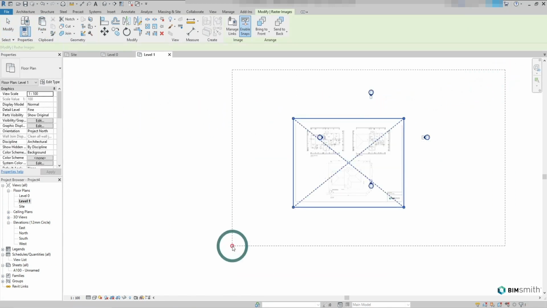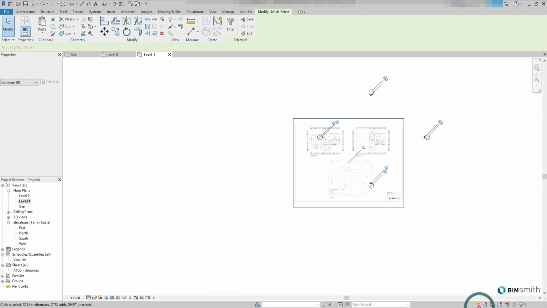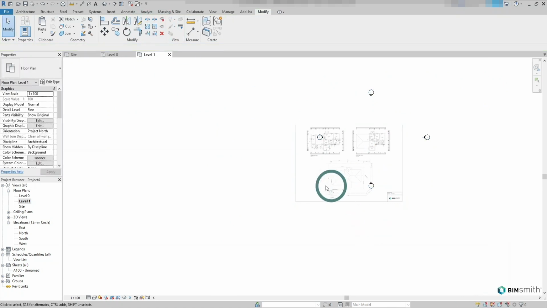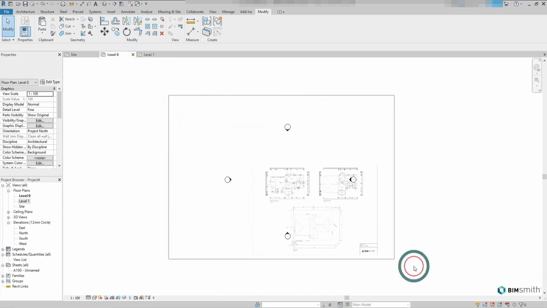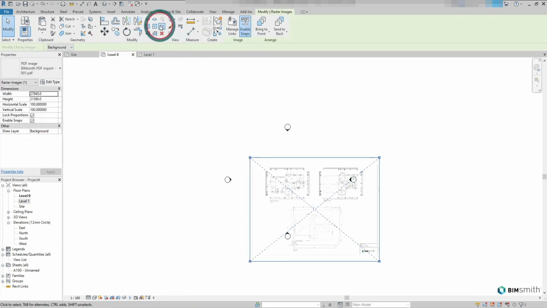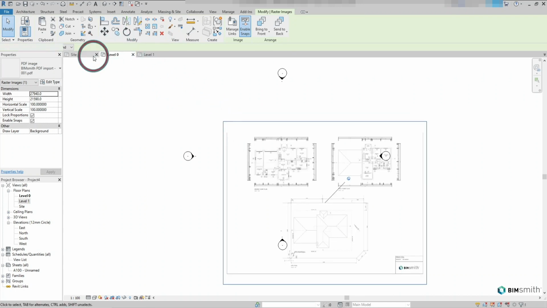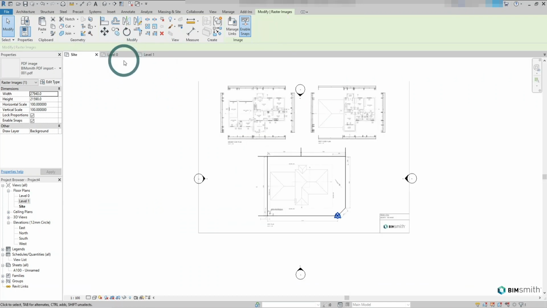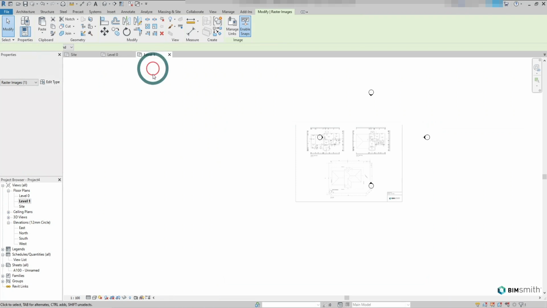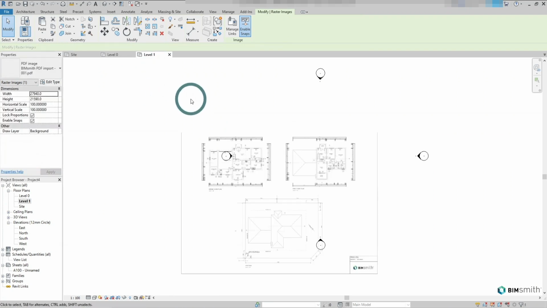I'm then just going to select everything once again and select the pinned objects. Let's just deselect the pinned objects so that we know which ones are active and which ones are not. Selecting everything once again, just pinning it in location. And now we have our site layout in position, our ground floor position, and our first floor position. And that, ladies and gentlemen, is how we would import a PDF into our project, as well as establish a project base point and set up our project north.